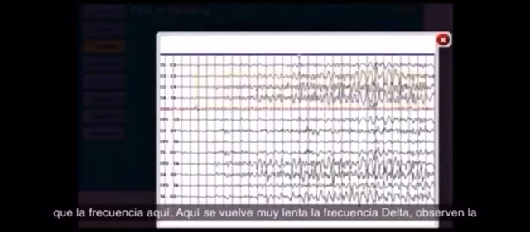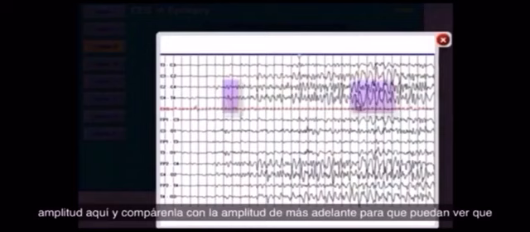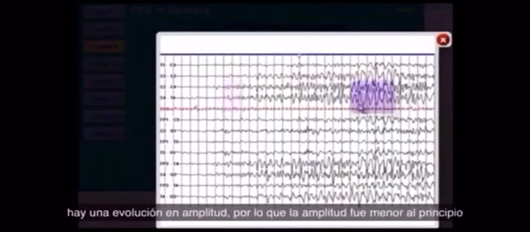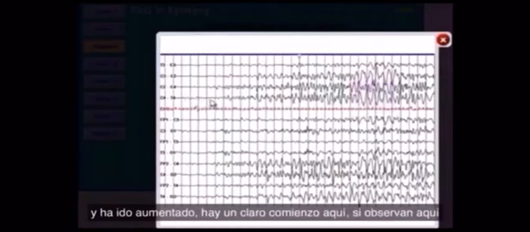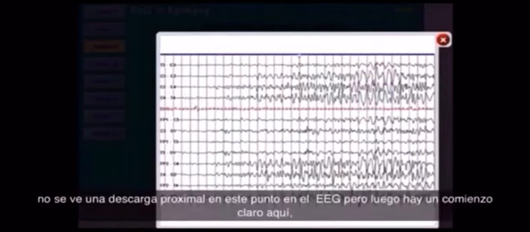Here it gets very slow, delta frequency. Look at the amplitude here and compare it with the amplitude later on. So you see that there is an evolution in amplitude. The amplitude was lower at the beginning and it has gone higher. There is a clear beginning here. You don't see a paroxysmal discharge at this point in the EEG, but then there is a